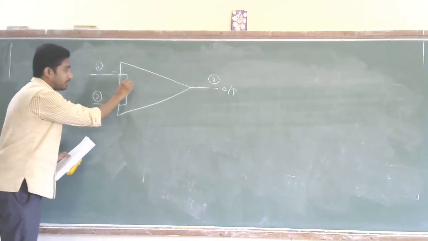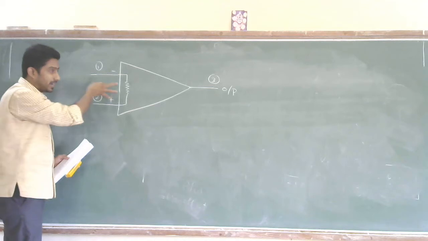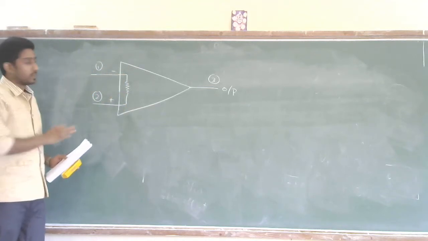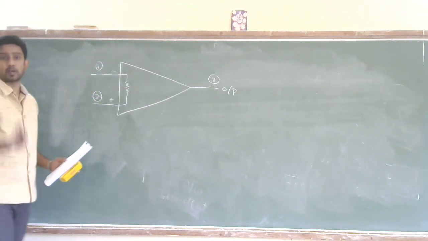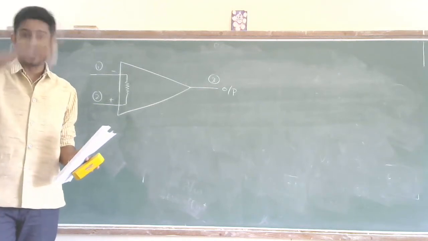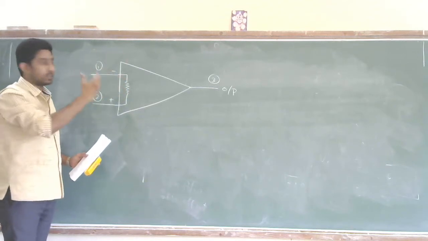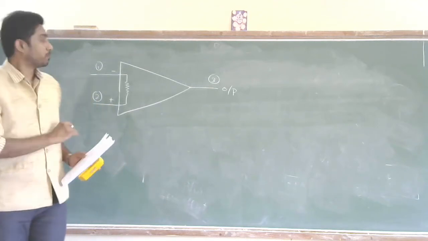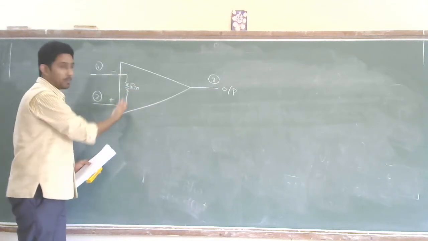Whatever resistance is encountered when the input signal just enters the op-amp, that resistance is the input resistance of the op-amp. If I want to consider the input resistance of the entire circuit, that will be somewhere over here, the resistance seen by the power supply, the input resistance of the circuit. The resistance inside the op-amp is the input resistance or input impedance of the op-amp. So this is how the input impedance or resistance, in a very simple manner, of the op-amp looks.